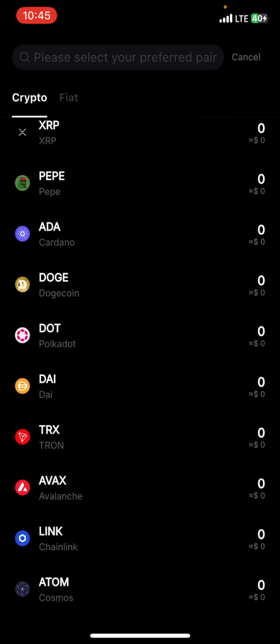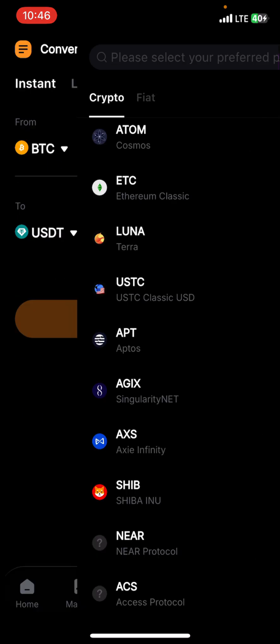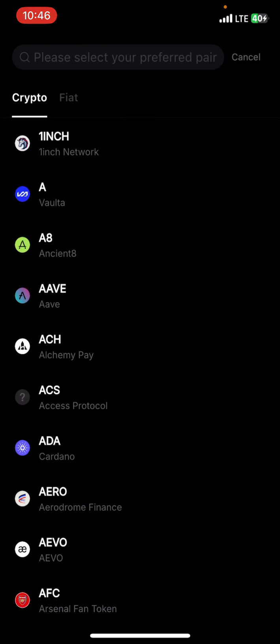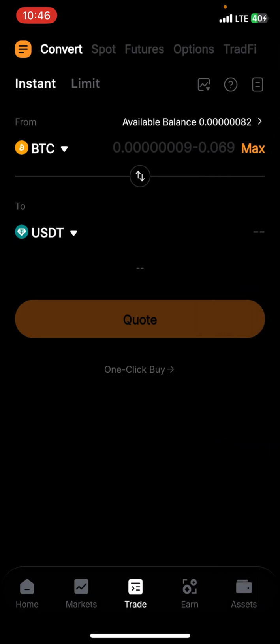See it, just choose from any of the coins, swap to them. Anyone you want to swap, if it's USDT, swap both of them. You can swap from Tron to Ethereum, from Ethereum to any coin, from any coin to any coin. When you just write the amount you want to swap and it's available in your balance, it shows you the amount of the other coin it's going to give you. You now click on this quote. When you click on this quote,